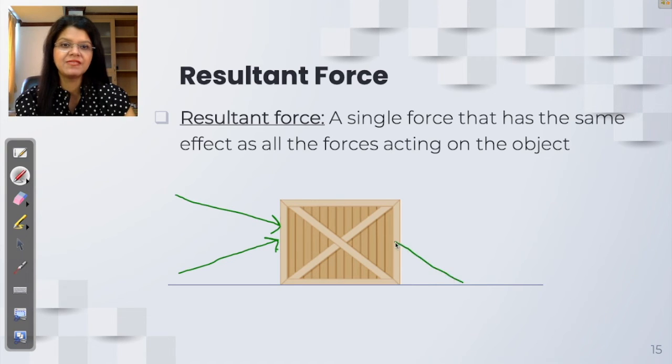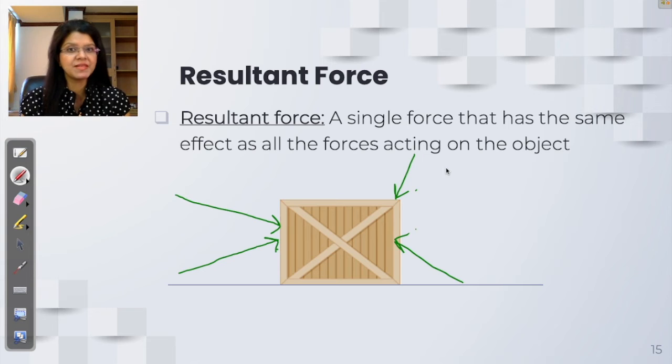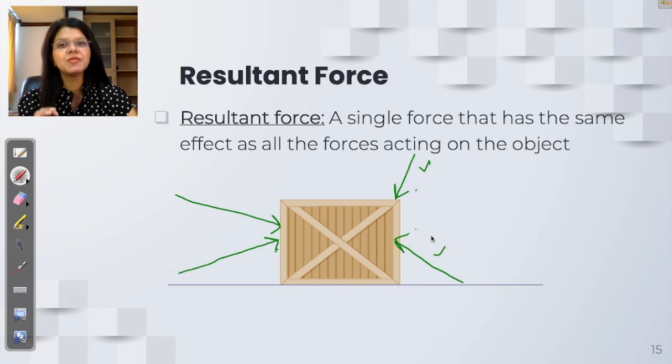Then you have another force acting this way, one other force acting this way. Then finding the resultant is not so simple because you cannot simply add or subtract the forces here. Forces are vector quantities. Then you need to use some understanding of your maths, which we'll cover in a later chapter. So if this is the scenario when multiple forces are acting from random up, down, different directions, addition of